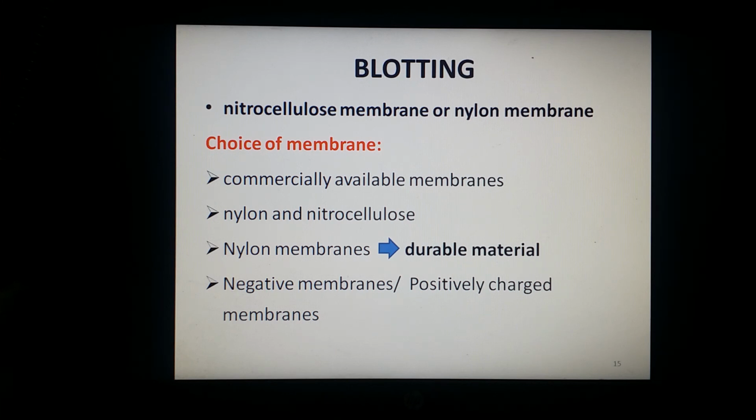I have told you that membranes can be neutral, negatively or positively charged. The negative membranes give the cleanest background, but they result in poor specific signals. Positively charged membranes give the best signals of all, but they can also result in higher background. Many scientists feel that nylon is better since it binds more and is less fragile. So nylon membrane is preferable for this blotting step.